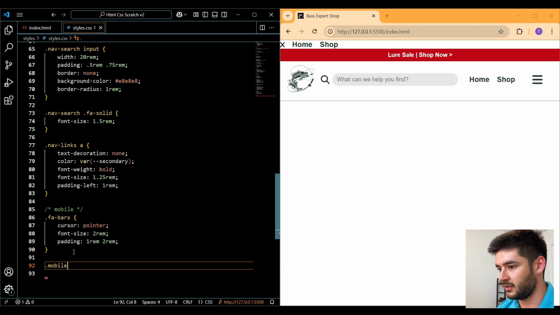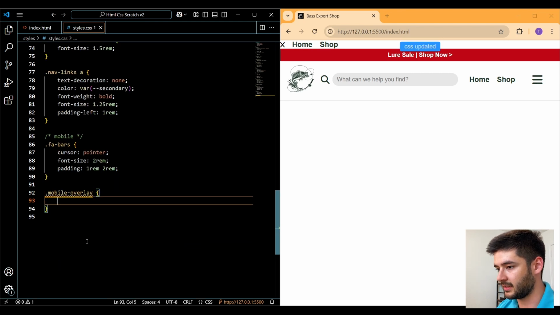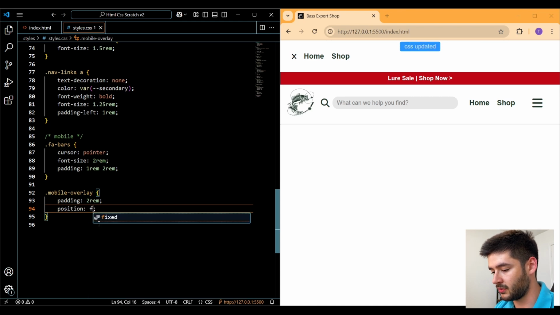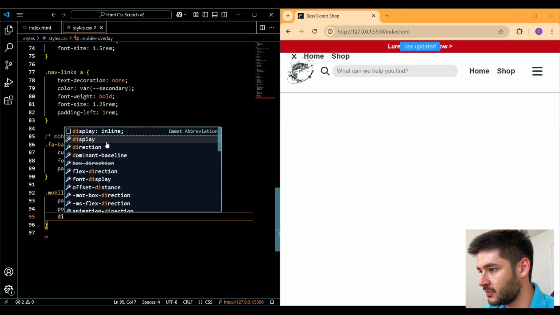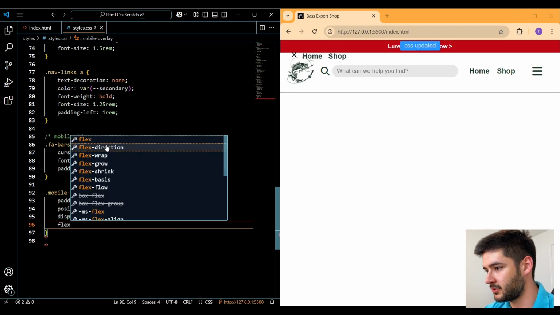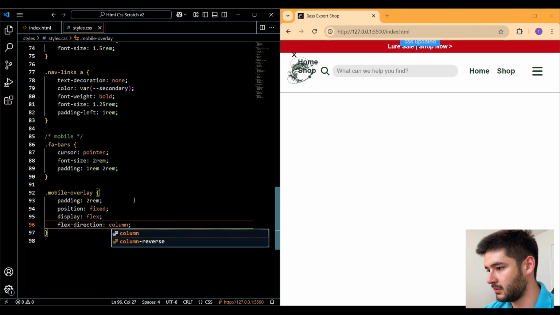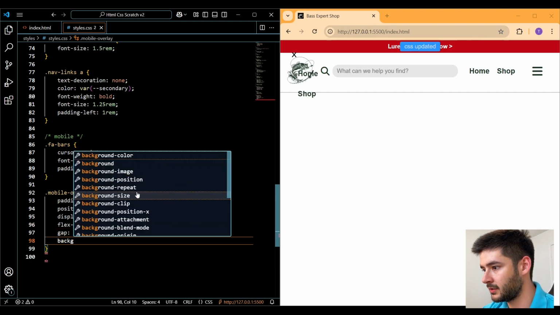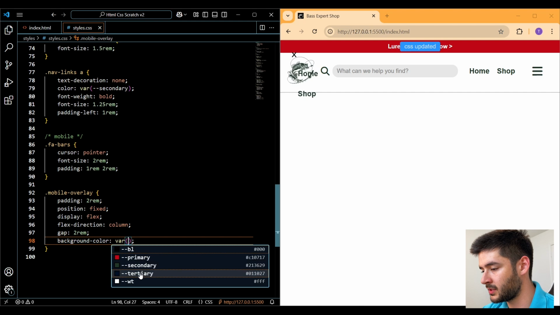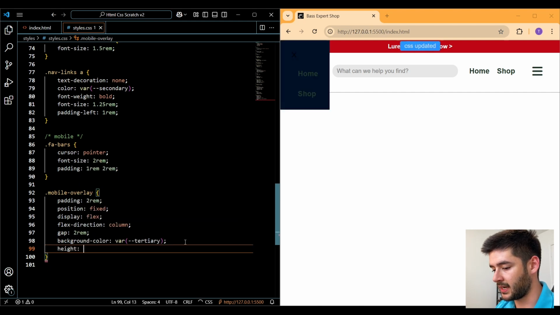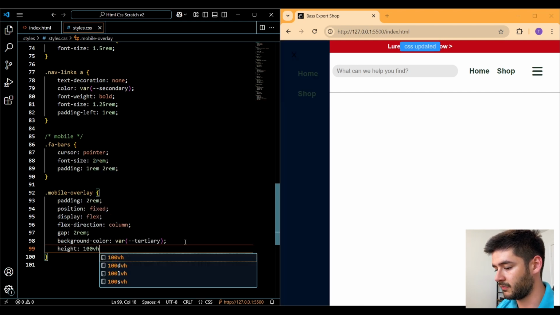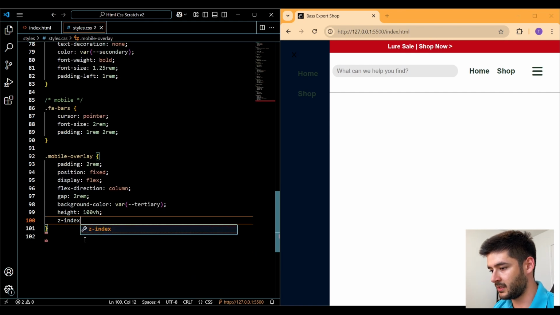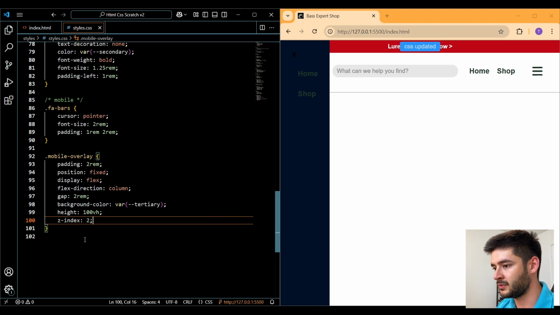And then we can target the mobile-overlay class, change the padding to 2 rem, change the position to fixed, the display to flex, change the flex direction to column, add a gap of 2 rem, add a background color, use a variable, and we're going to use our tertiary color, change our height to 100 VH, which is 100% of our viewport height,